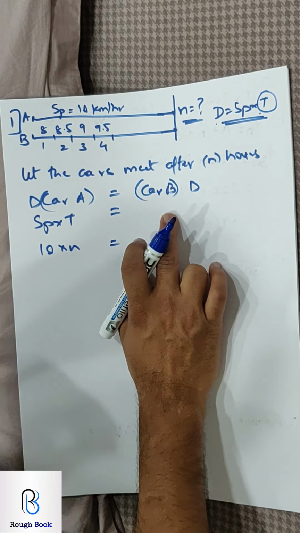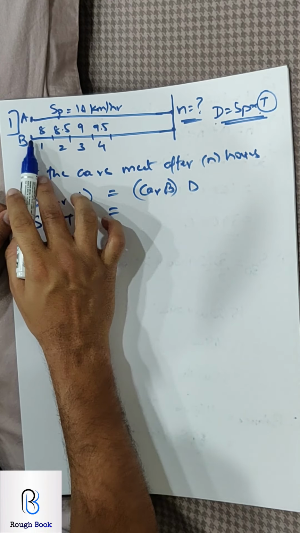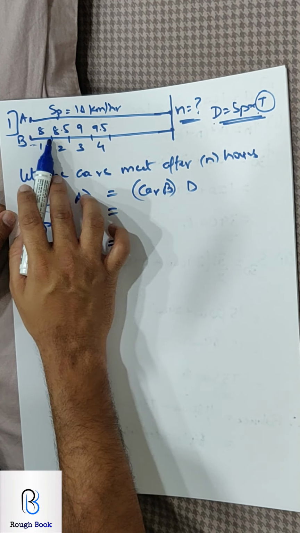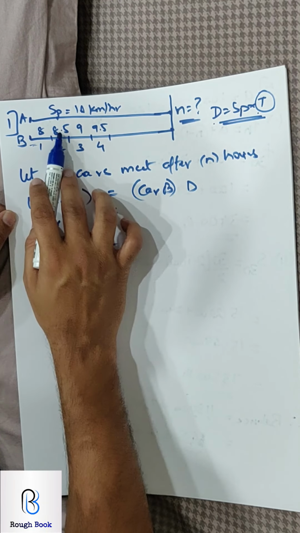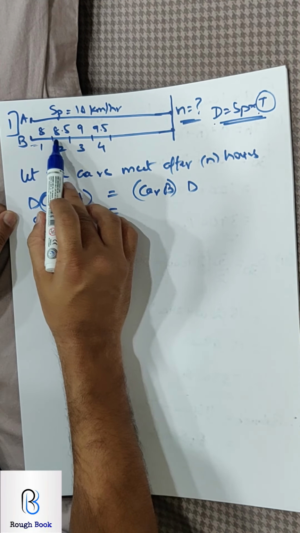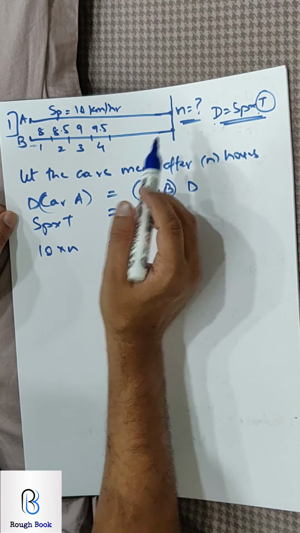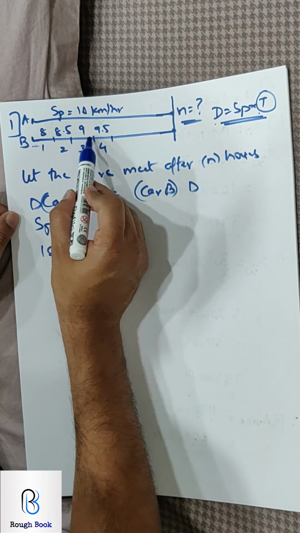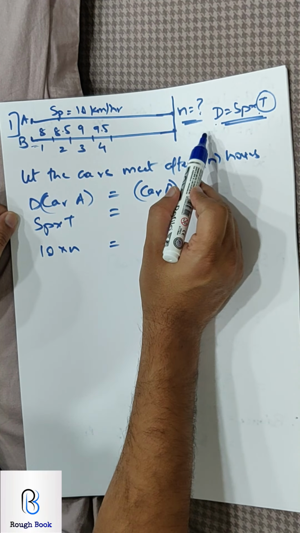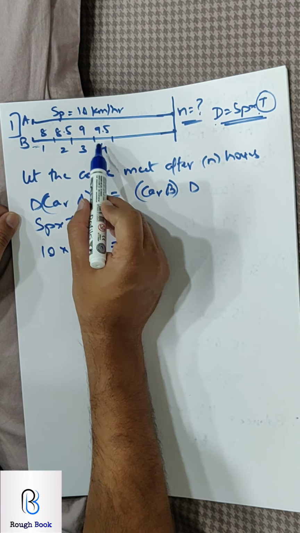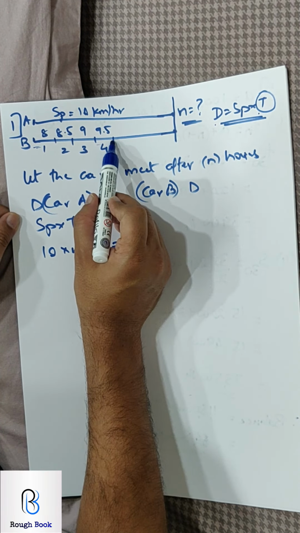So car B, the total distance is equal to the distance of this plus this plus this. So here the distance is going to be 8 into 1. 8.5 into 1 because 1 hour only. 9 into 1, again 1 hour. All these are 1 hours. So I'll have to add 8, 8.5, 9, 9.5 and so on. Basically that only I'm adding. You don't take 9.5 into 4 because this is the 4th hour. Basically only 1 hour. Are you able to understand?